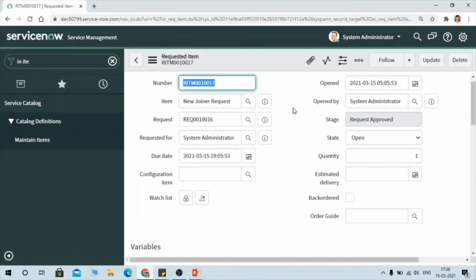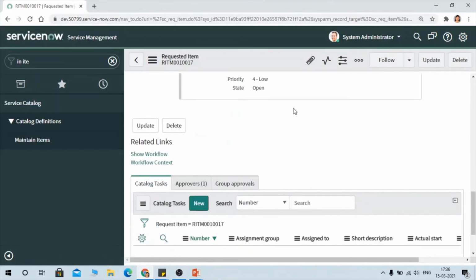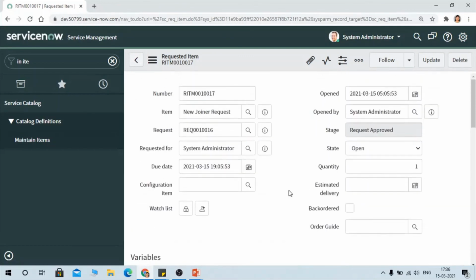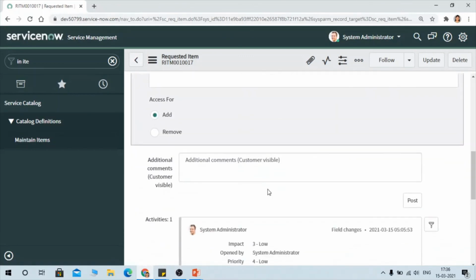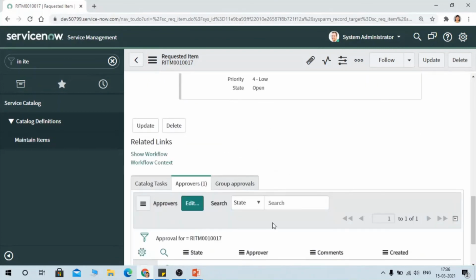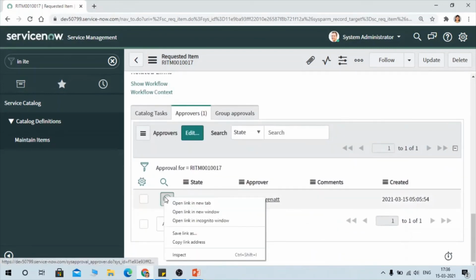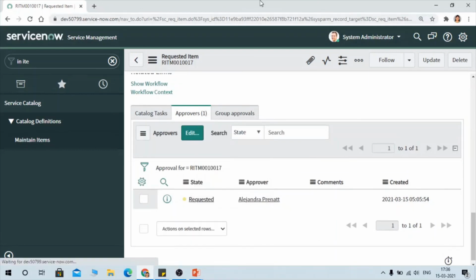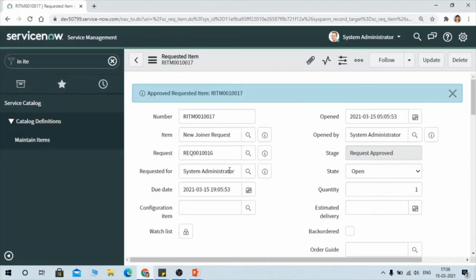So RITM, okay, so let's come down and see. So yes, the approval has been triggered to the manager of this user. So we'll approve it because we are admin, so we have access to approve it. I approved it, so the task should get generated.